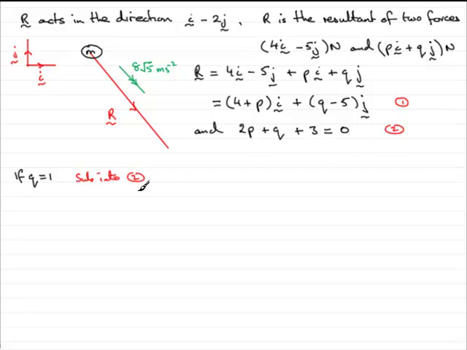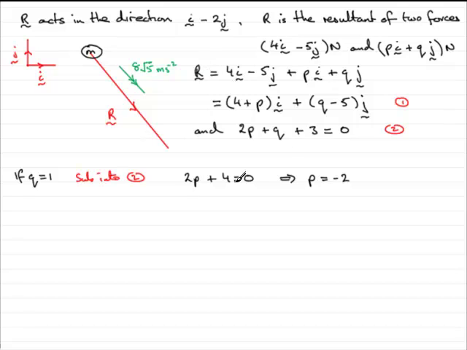and what we've got is that 2p plus Q, which we know is 1, so we've got 1 and 3, which is 4, equals 0. And if you rearrange this for p, you get 2p equals minus 4, divide by 2, and it follows that p equals minus 2. Okay, now that we've got p is minus 2, what we can do is substitute those values of p and q back up into number 1 and get the force